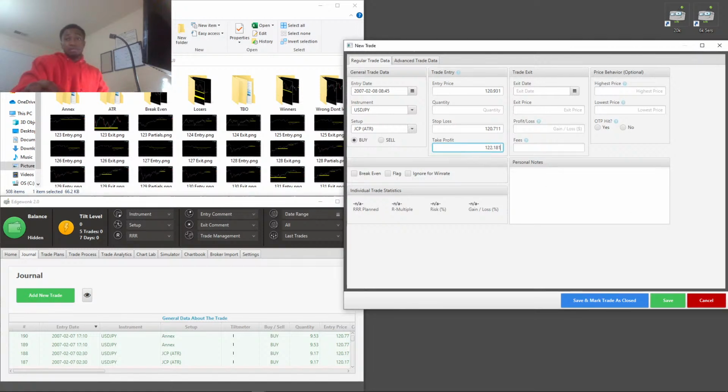You copy that, paste that, and obviously I'm just copying and pasting the information in this. This is a break-even trade, which I forgot to put on one of the trades that I had yesterday, which I think is this one. Let's finish this one first and then I'll do it.